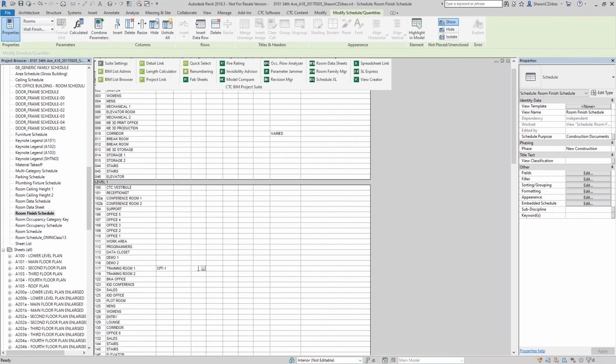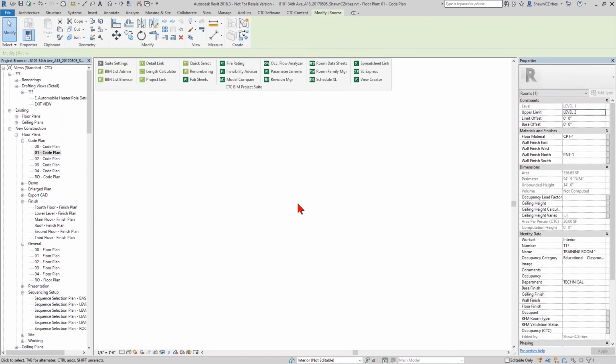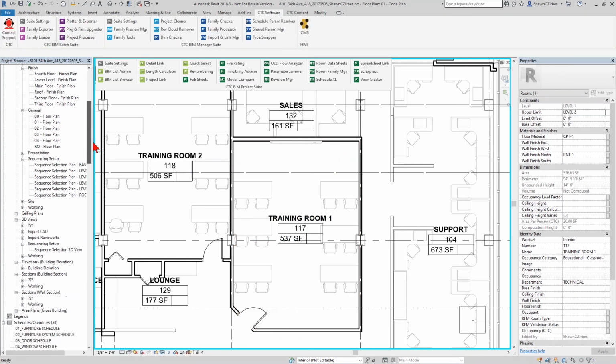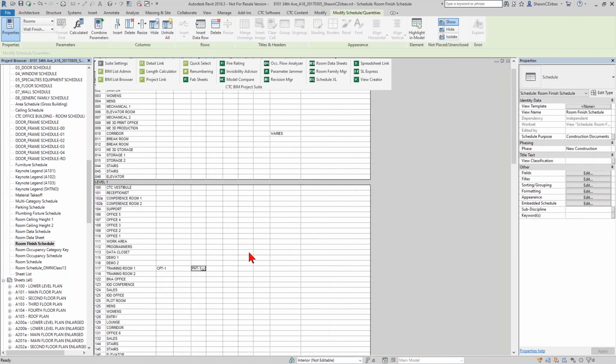You can go to the schedule, PNT-1 for a paint material. By the time you get back to that floor plan, the magic of Revit has taken over and this thing is already paint 1. That's awesome, right? Thought that was great. But when you start using schedules for a little while, sometimes you might get a little